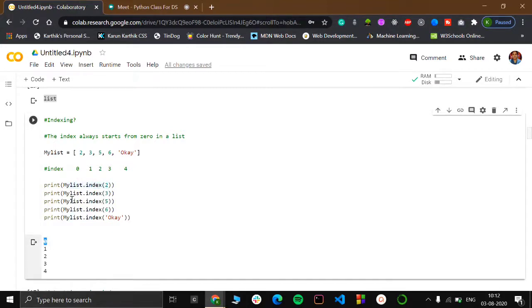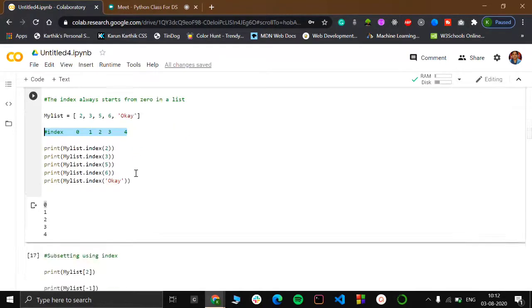If you want the index of 3, mylist.index 3 gives you 1. And the same goes with 5, 6, and for this value OK, it gives you 4. So hard coding the part, we will be writing something like this: every index value starts from 0 within a list.